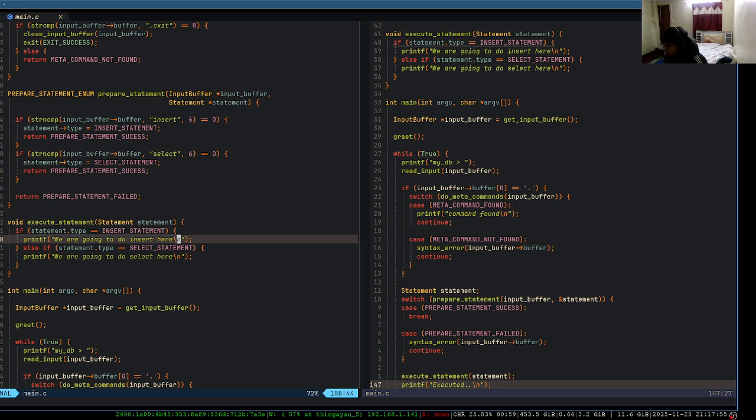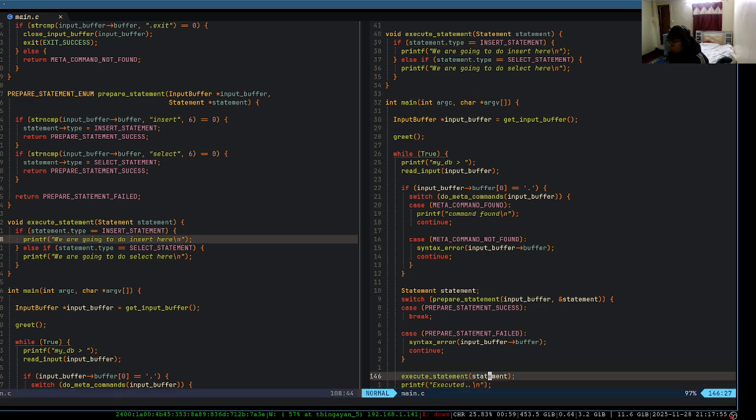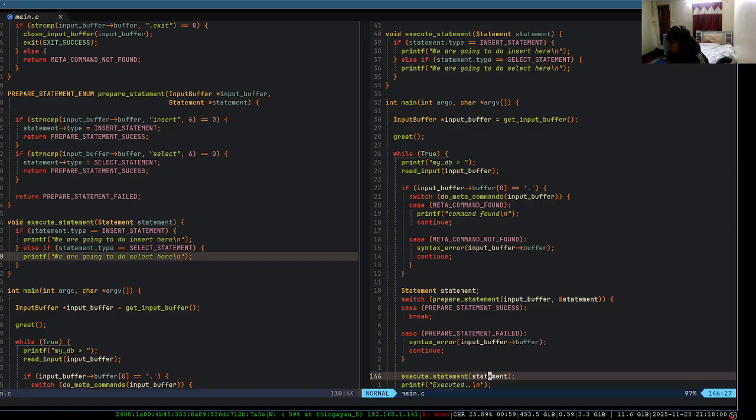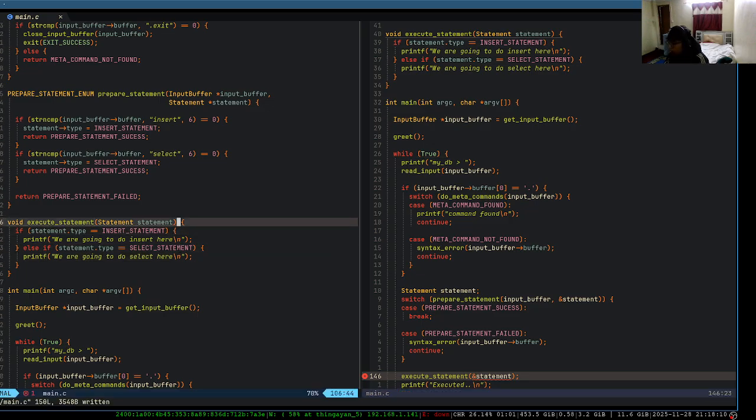Yes, we can either pass the pointer and pass the statement here, but it would be better if I just pass the reference, so if I change anything, then it reflects. A lot of if else, so it's better to